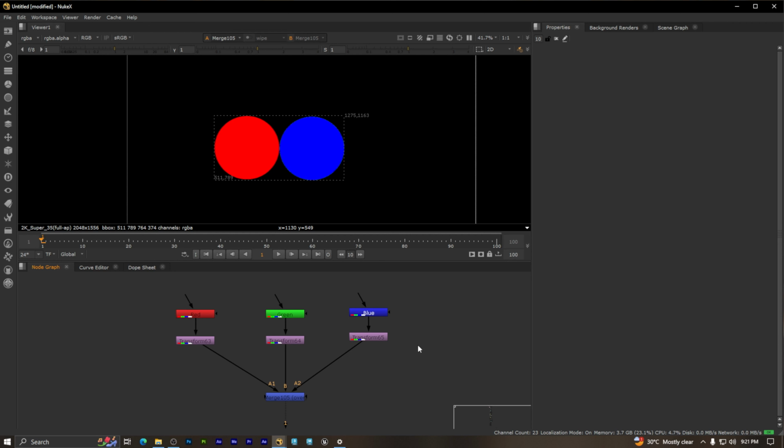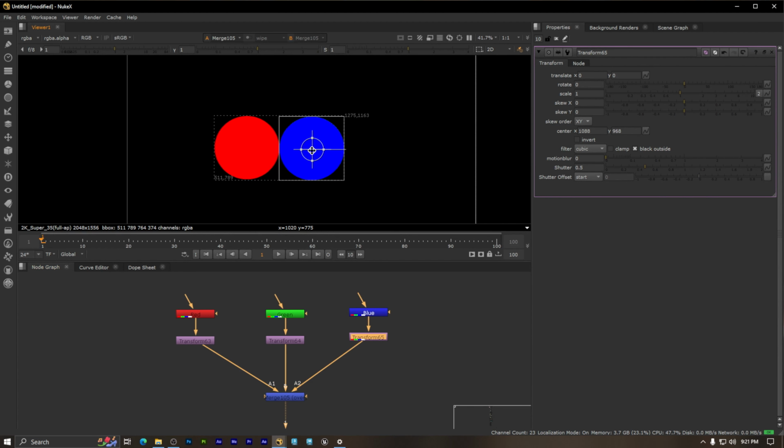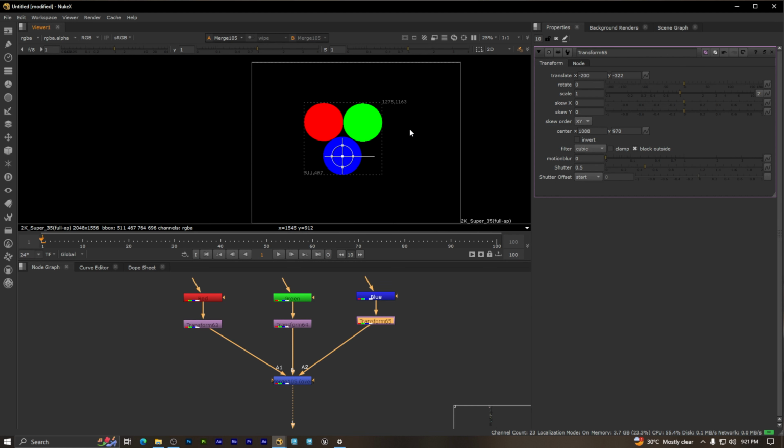Now we can double click on the last transform and by pressing Ctrl and moving this anchor point in the middle of this blue color, we can keep it here. And now we want this blue color down, so we will select the anchor point, don't press any key on the keyboard, and bring it somewhere here. Okay, so now I am able to see all the three colors